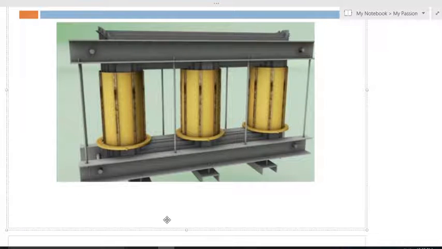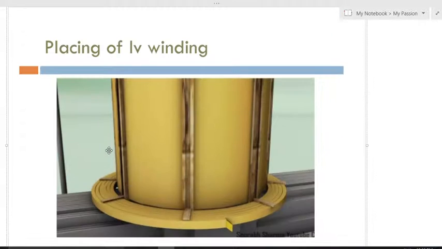Why will the temperature be produced? Because of the copper losses. Due to the copper losses, some temperature exists in the transformer coil, so that temperature will be absorbed by the transformer oil.